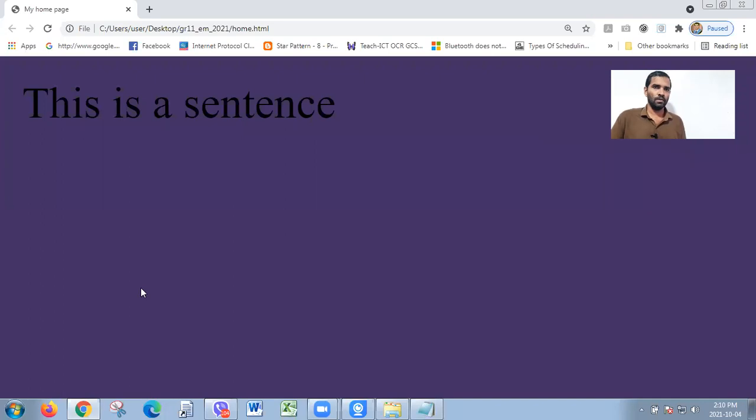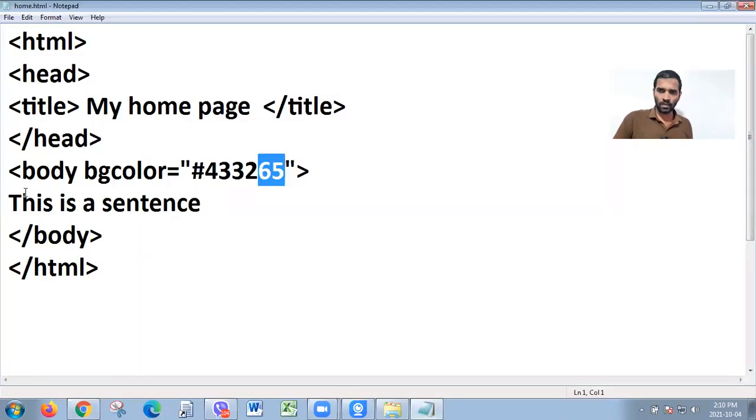Right? You have a color there. So this is how the background color of the web page is changed. BG color equals the color name. Look once again, this BG color attribute can be added not only for body, because in this particular instance, I